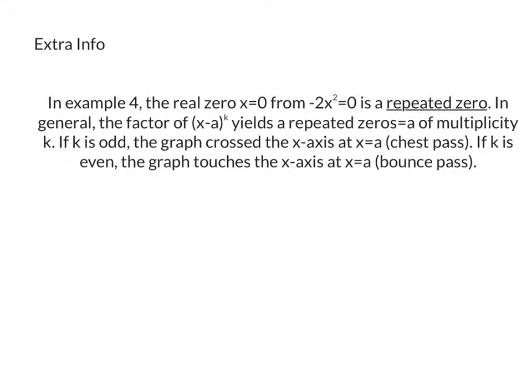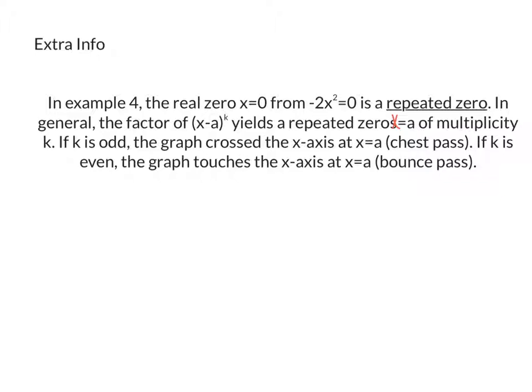Okay, so as I was explaining the last one, it says in example 4, the real zero, x equals 0 from -2x squared equals 0 is a repeated zero. So in general, the factor of x minus a to the k yields repeated zeros of x. Sorry, I don't actually know what that was supposed to say. I think it's a little off. It should have said of zeros x equal to a. Sorry. Of multiplicity k. If k is odd, the graph crosses the x-axis at that zero, meaning it's a chest